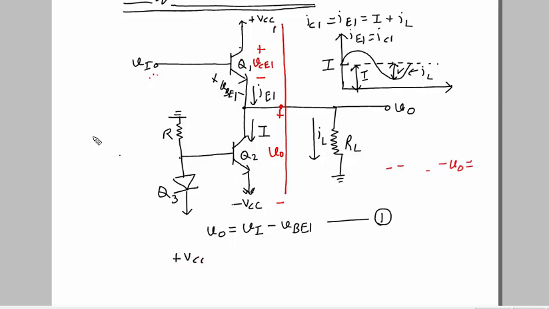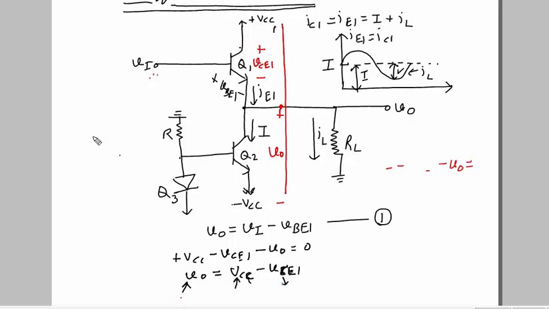Plus VCC minus VCE1 minus V naught equals 0, or V naught equals VCC minus VCE1. Okay, now if we want V naught to be maximum, this VCC is a constant, it means